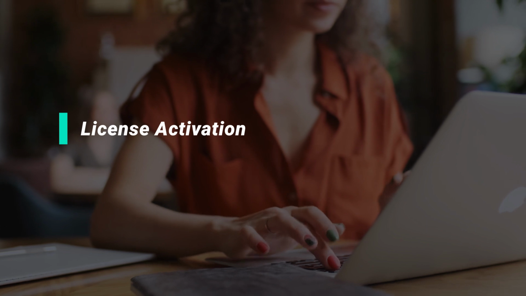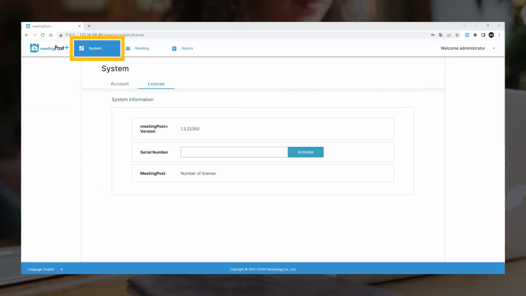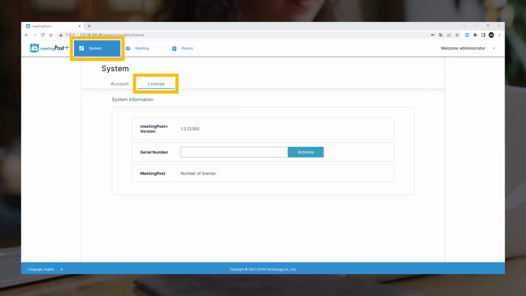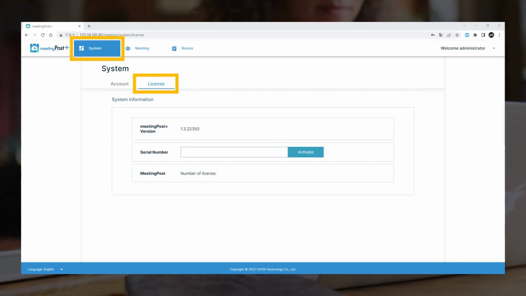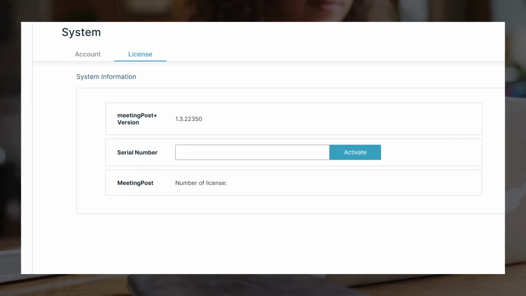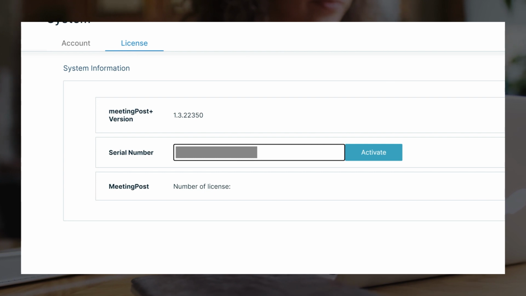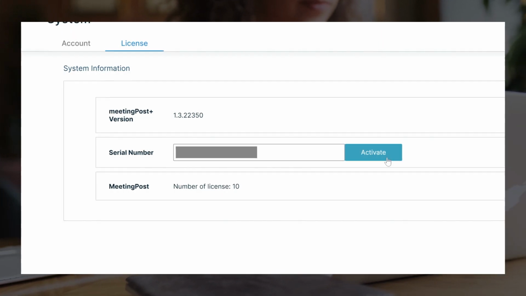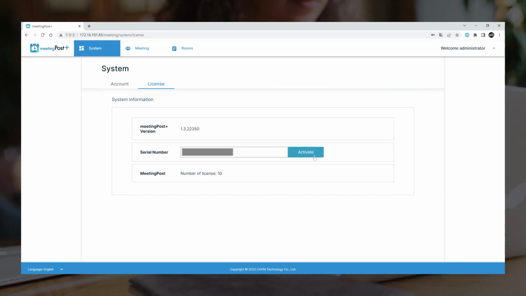License activation. Please make sure your network connection is active because the license needs to be verified via the internet. Go to System, License. Enter the serial number. Click the Activate button. If you haven't activated the app with a license, only one meeting room can be connected